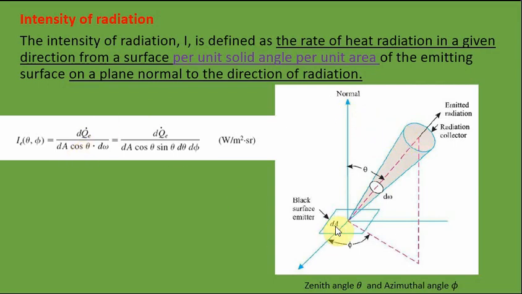Now consider I am projecting this dA in a plane here. That means we cannot project at all, because the angle between dA and this projected plane or this line is 90 degrees, that is dA cos 90, which will be 0. So at any cost we cannot project this dA over here, so it can project from this area only. Its unit is watt per meter square SR, steradian.